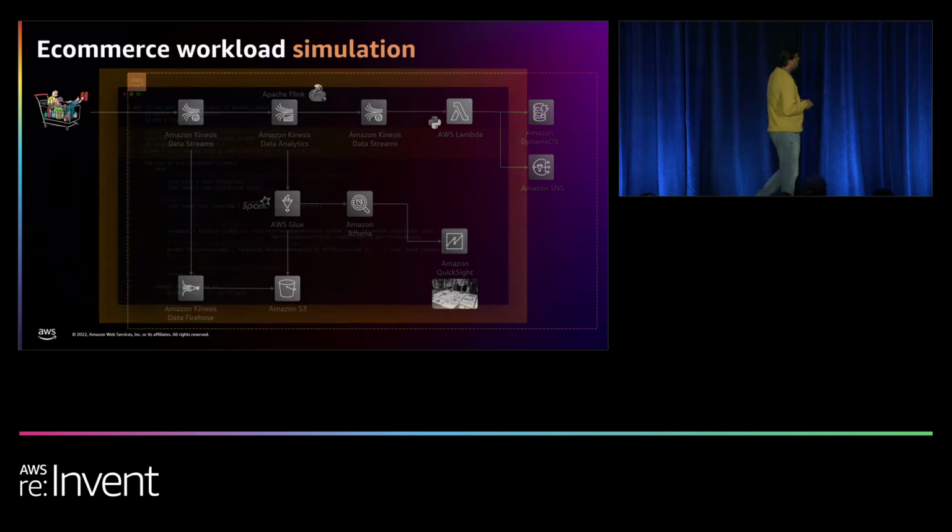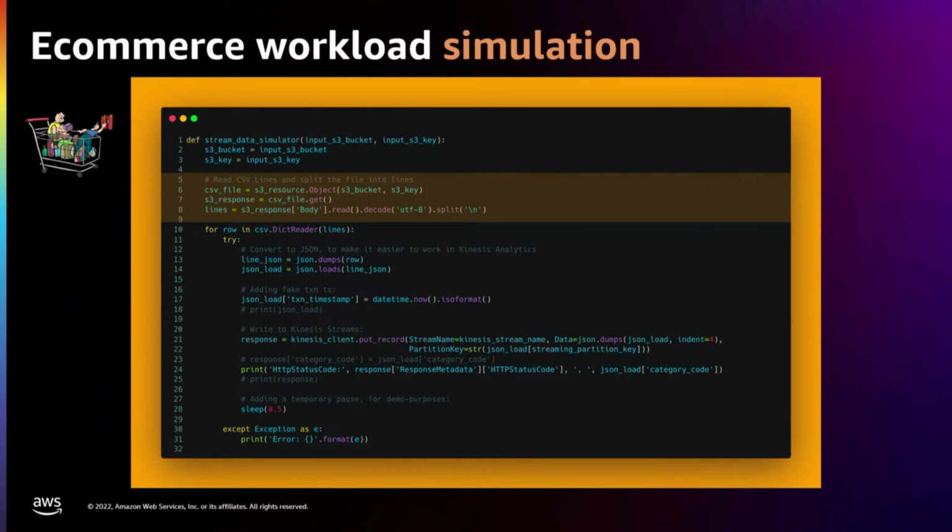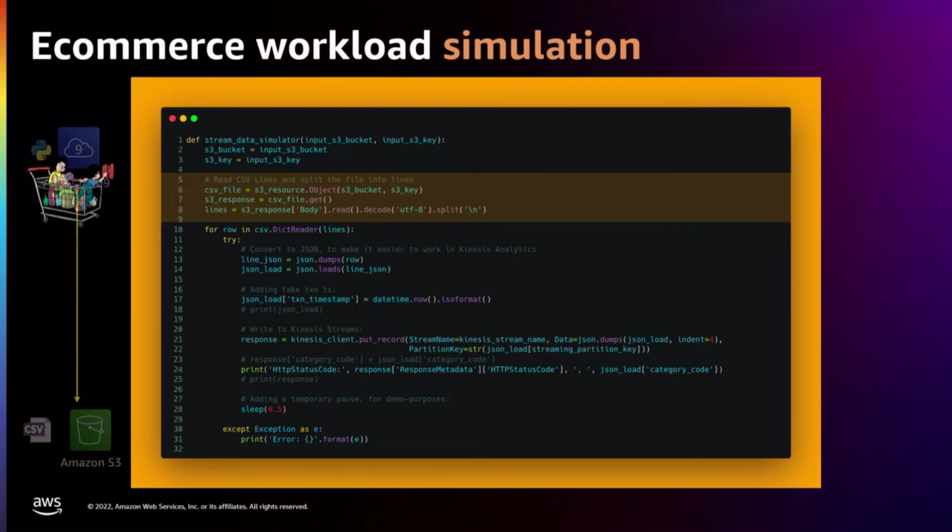So what we are going to do is we are going to use a Python script, right? And what this Python script is going to do is it is going to use a CSV file, and I'm going to show you that CSV file. And that CSV file comprises all the transactions. So things like if a user is adding a product to the cart, that will be one record. A user is buying a product, that will be another record.